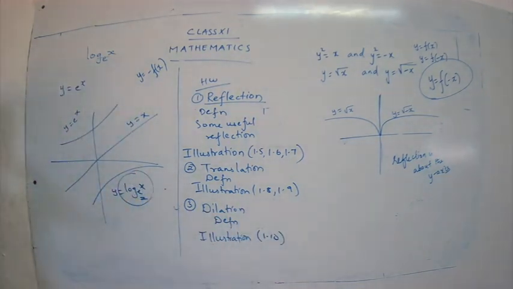Okay, children, today we have seen about reflection and three different reflections. I have given you some examples, so I hope you are clear with the three different reflections. And I have also told you to go for a self-study about translation and dilation. Some graphs are given, so note the graphs carefully and study them properly. Just see how it shifted. Only a minute change will be there, so observe the minute changes very carefully.